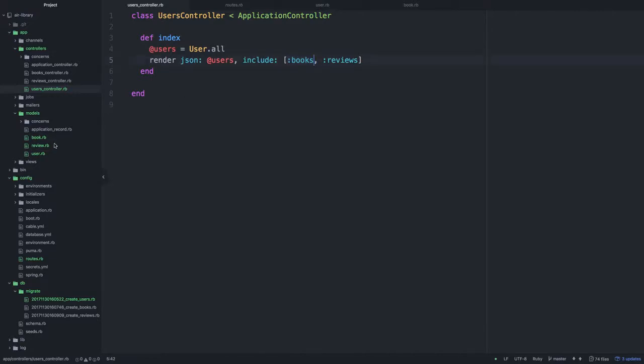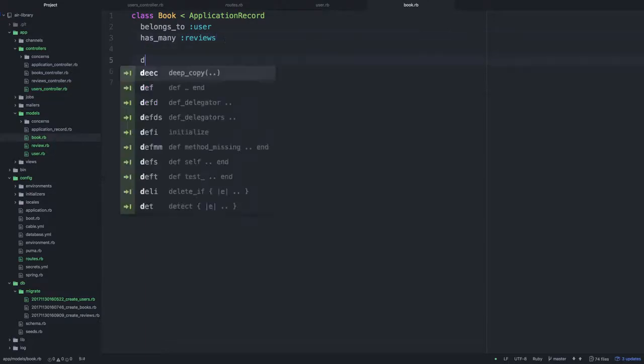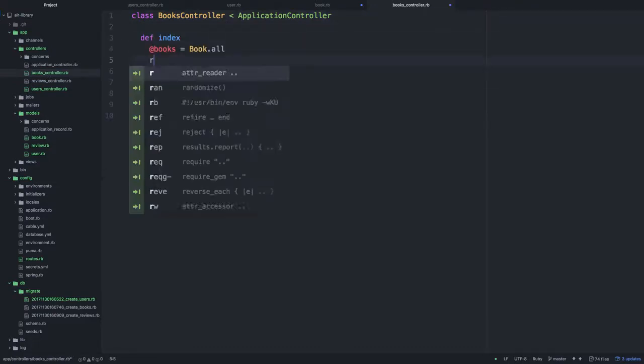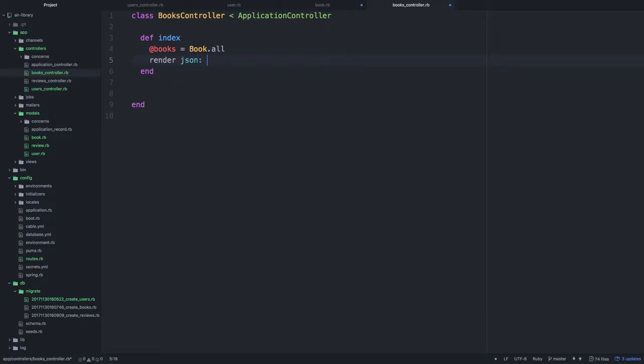In the same way, if I did one for books, I make a second endpoint. I can go ahead and index. Books equals Book.all. Oh, no, I'm in the model. Books.all and render JSON @books include,